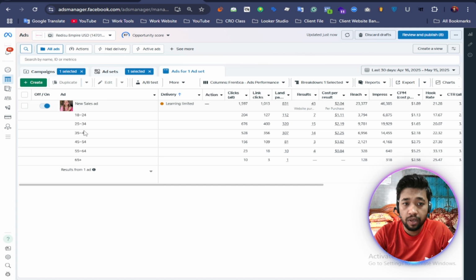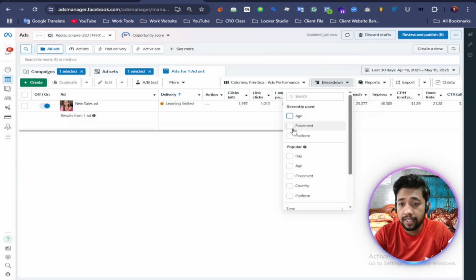This age group is the most important, with the most conventional purchase behavior. The 45 to 64 age group purchases a little bit. Next we look at placement.